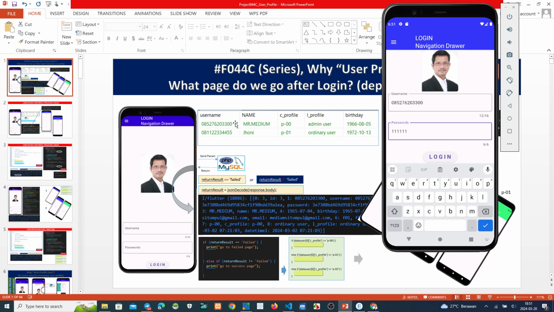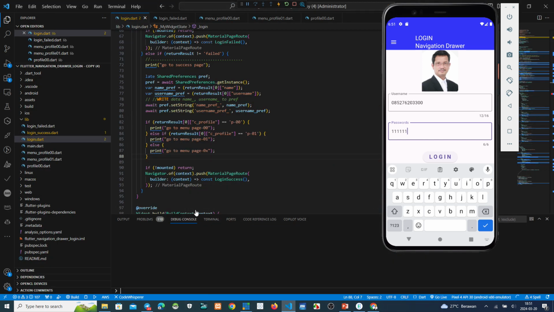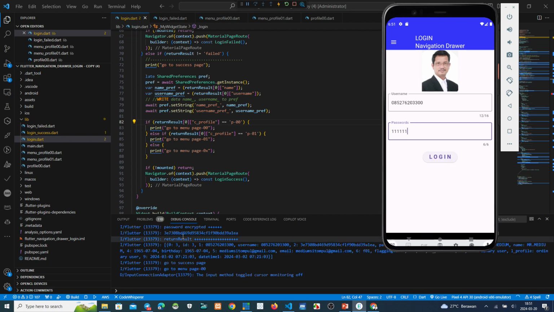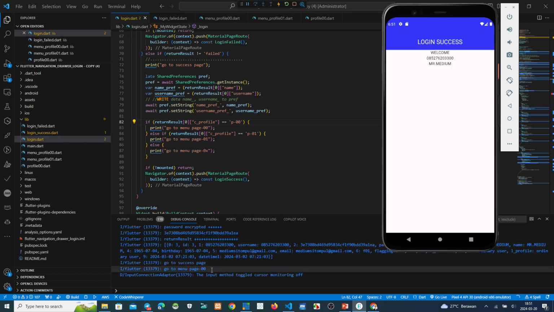This username has C profile page 00. So after login, page 00, we can see, go to menu page 00. Okay, login first, see this. Go to menu 00.